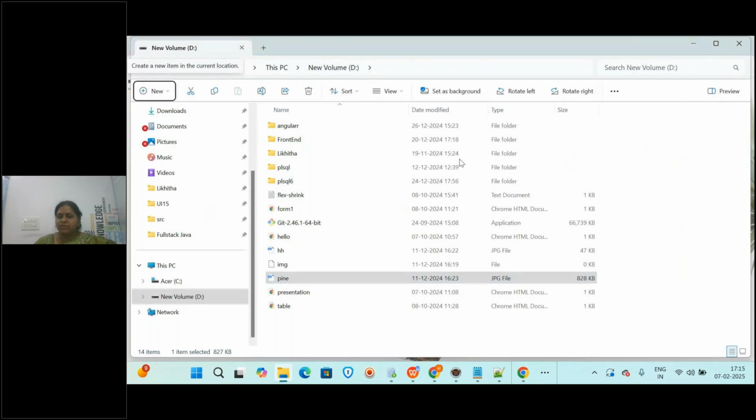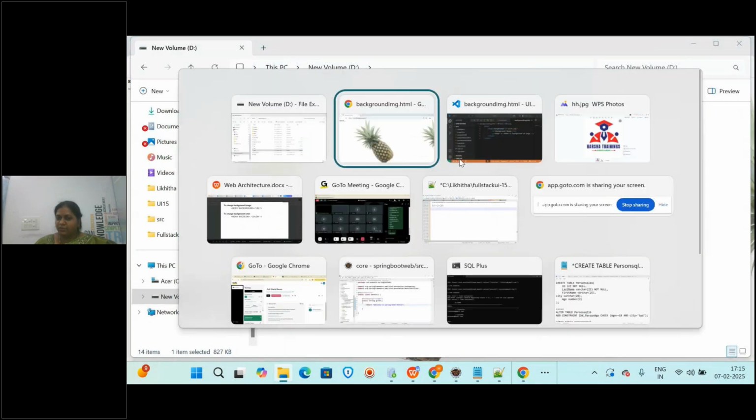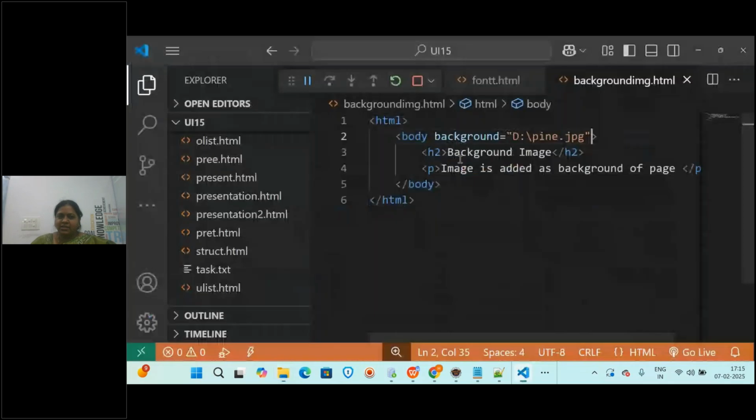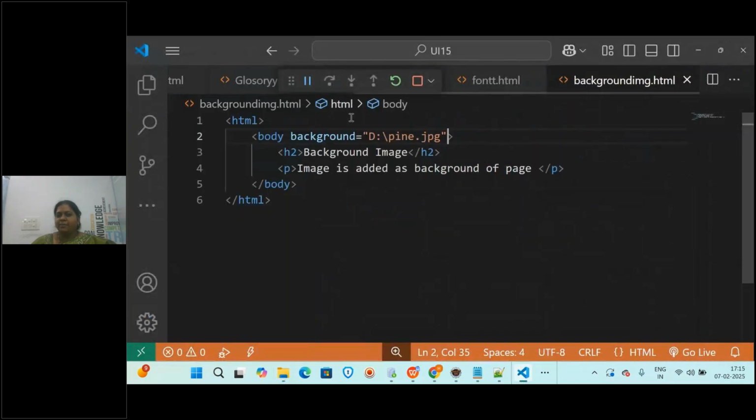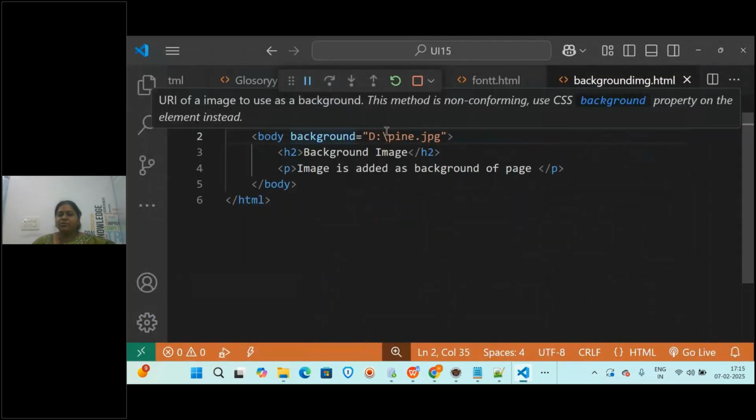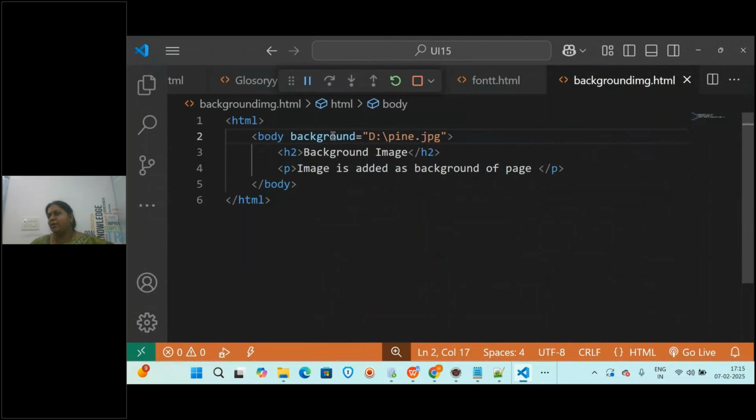Okay, understood? So if you want the background color, you will be giving the bgcolor. This we have given already. But if you want the image, then you have to give background. We are not providing the image on the screen, like in the foreground. In the background, the complete page we are giving. That's why it is applied for the full page. There is a separate IMG tag to display on the screen in right, left, center and all.